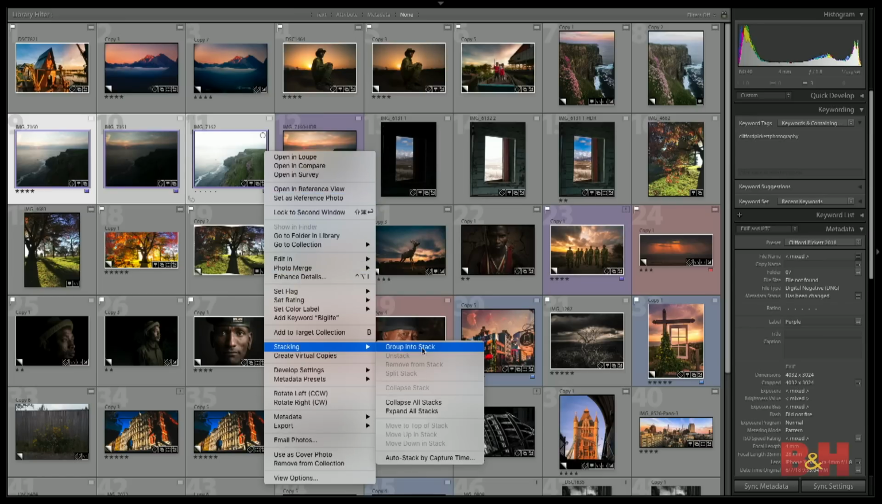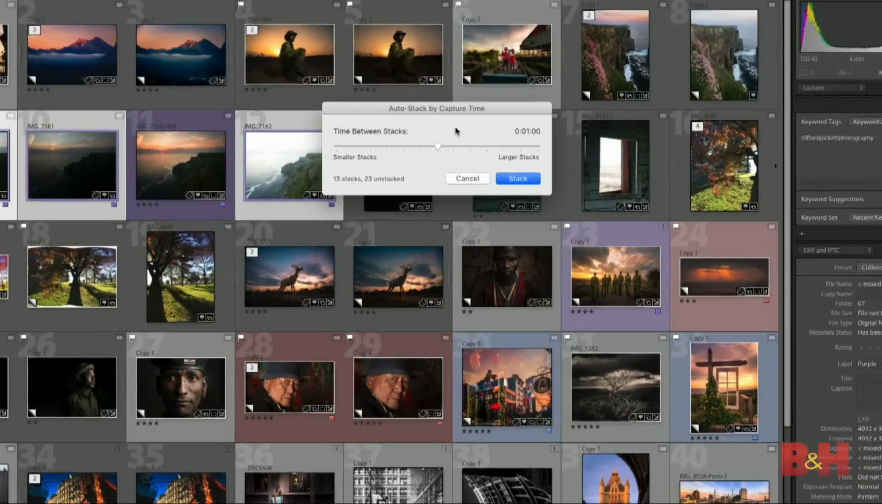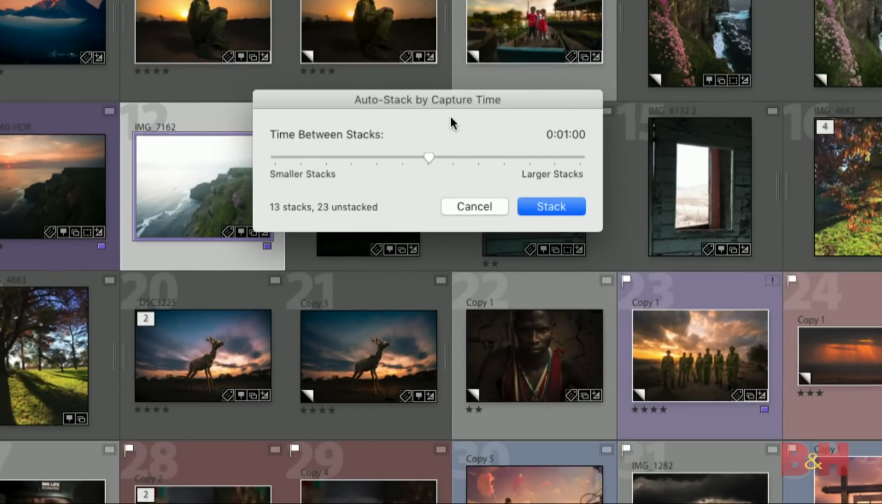If you come down here to stacking, you can say auto stack by capture time. Anything you see with three dots, there's options. What that will do is group everything into stacks based upon the interval that you set. So if you're bracketing, for instance, you're going to want, ideally, to have it on